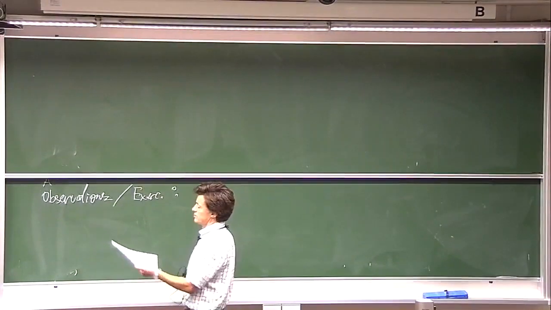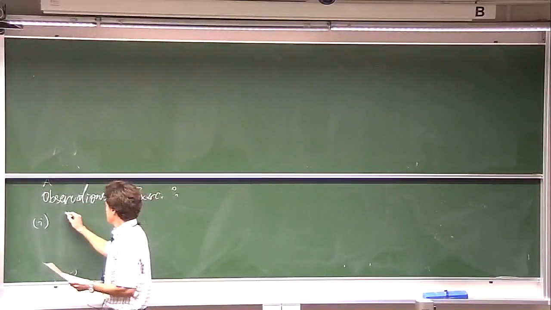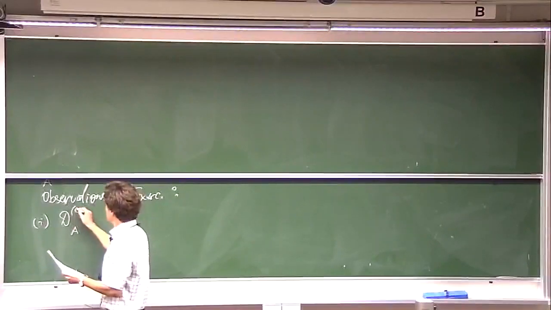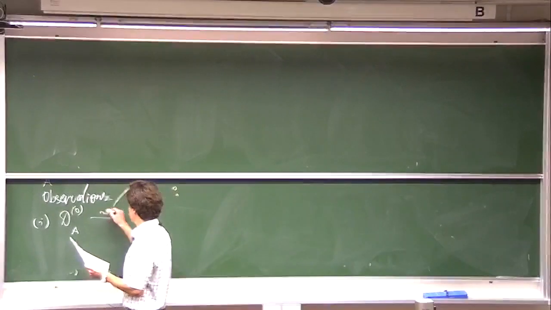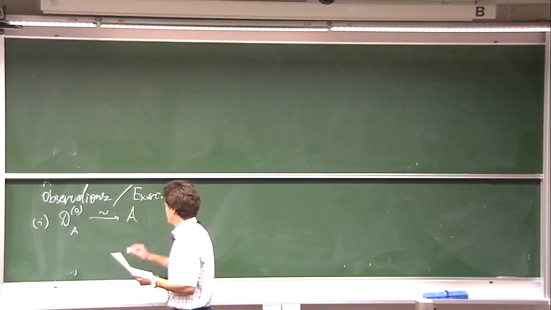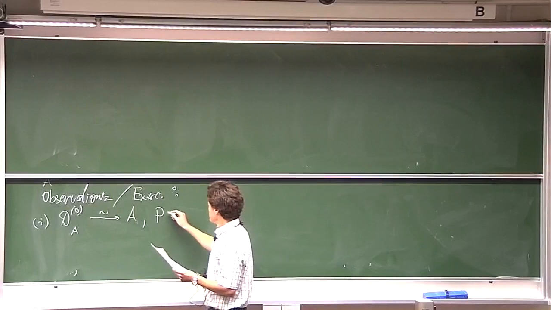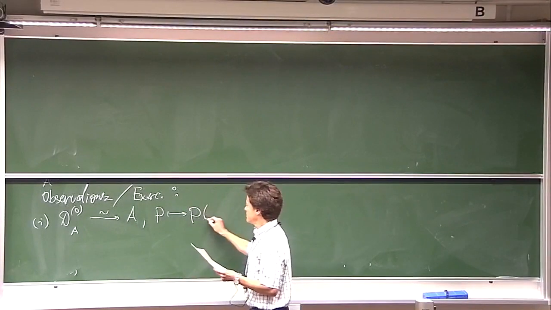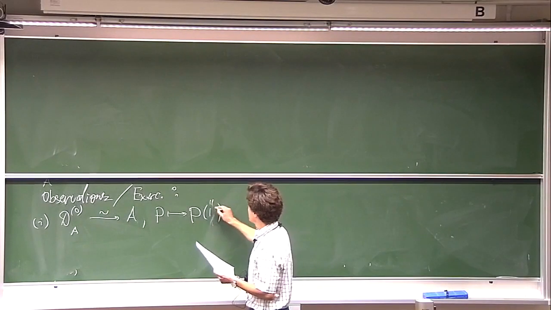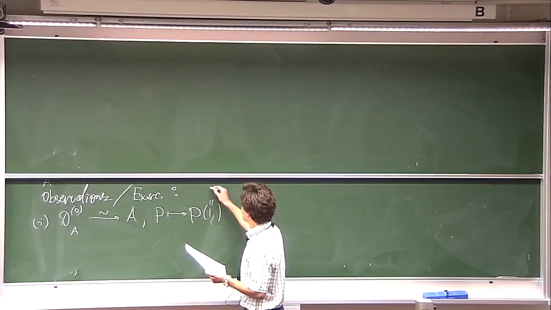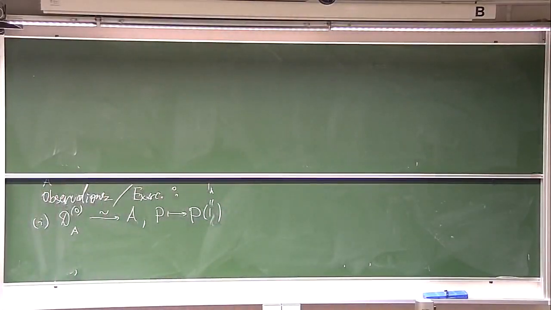So let's try to learn how to work with this. Let's develop a few tools for that first. So what's an order 0 differential operator? Well, it's naturally isomorphic to the ring itself. And the map is as follows. It sends an operator P to its value on the identity. And I will typically write just like this, but all my identities will be identified typically. So this is that. Yeah, it's a unit,